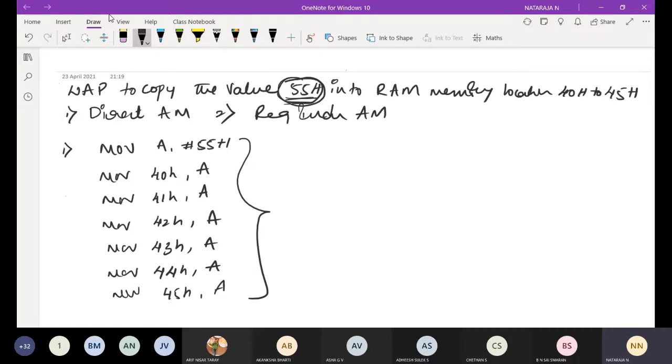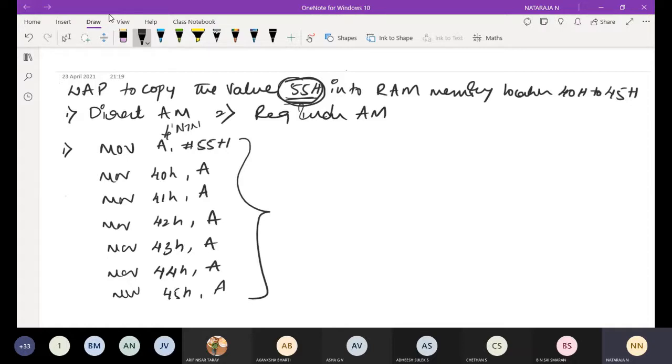I need to store this 55 with different students, not only with one. First I will do move A comma 55. I am the accumulator, and I take 55 rupees into my pocket first.